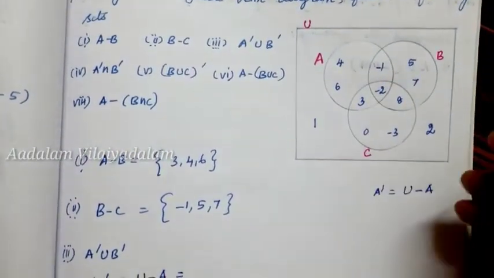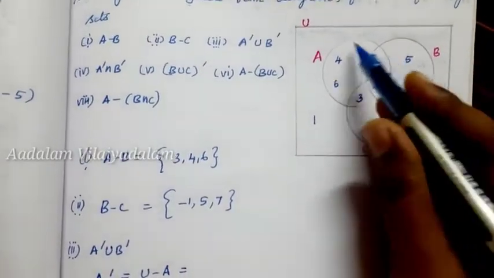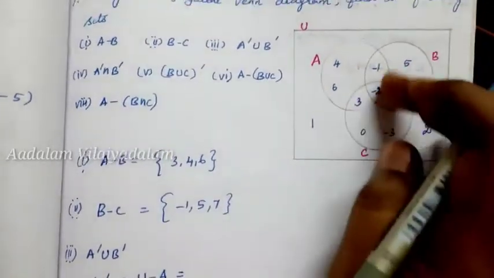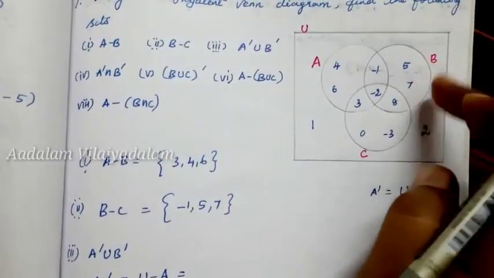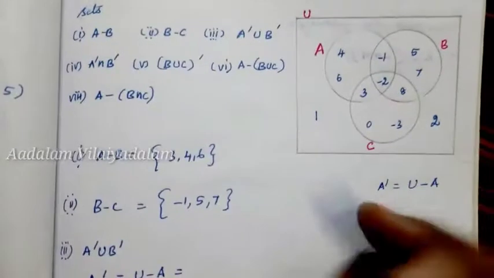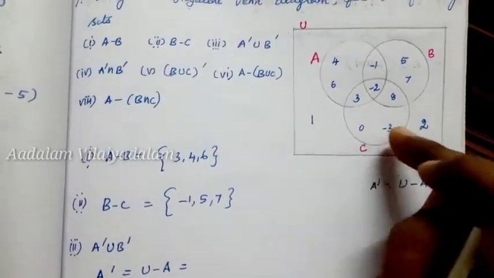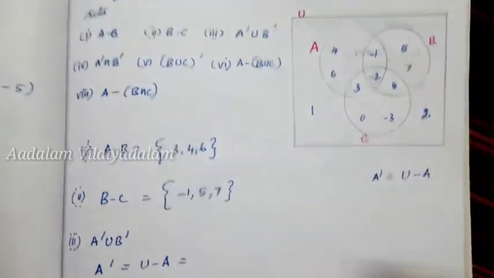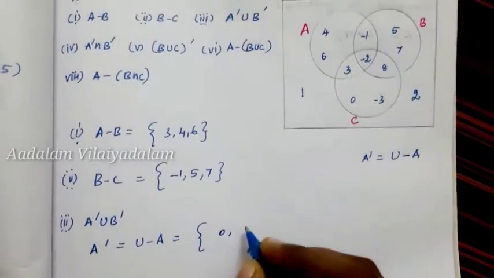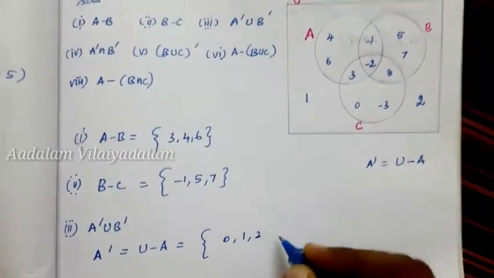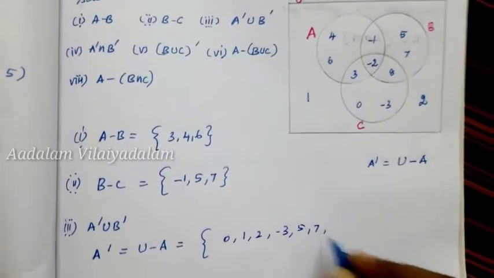So from the universal set we are going to remove the elements of set A. Then the remaining elements are called A dash, which means 0, 1, 2, minus 3, 5, 7, 8. I am writing in order: 1, 2, minus 3, 5, 7,